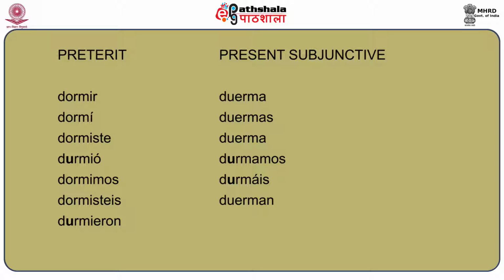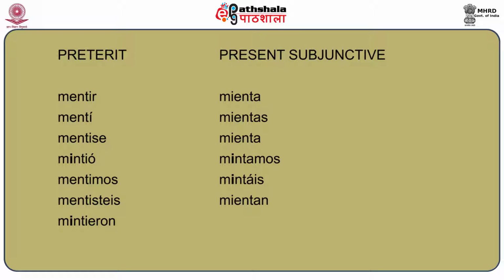These changes occur only in the case of the stem changing IR ending verbs and not in the AR and ER ending verbs. You may recall the third person singular and plural changes that occur in the preterite of the stem changing verb mentir, and let us remember the conjugations in the past of the verb mentir. It is yo mentí, tú mentiste, él, ella, usted mintió,